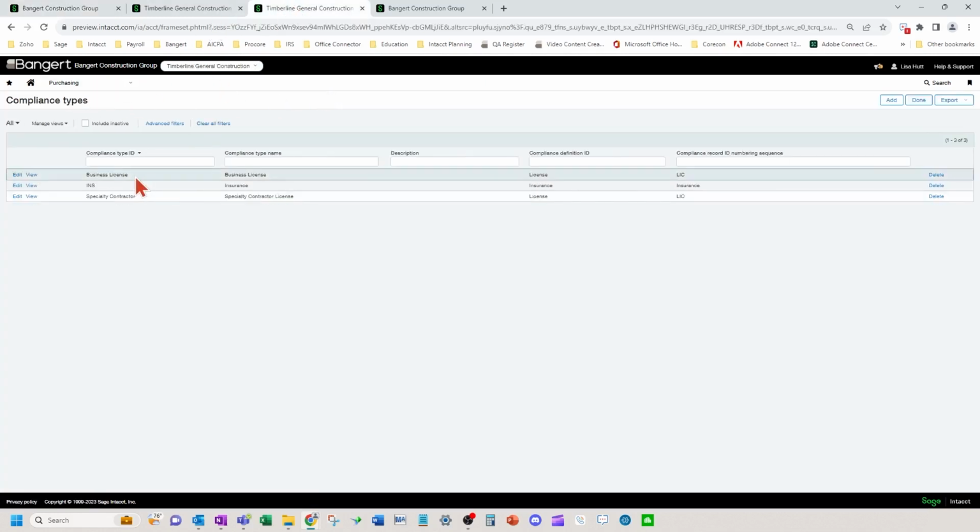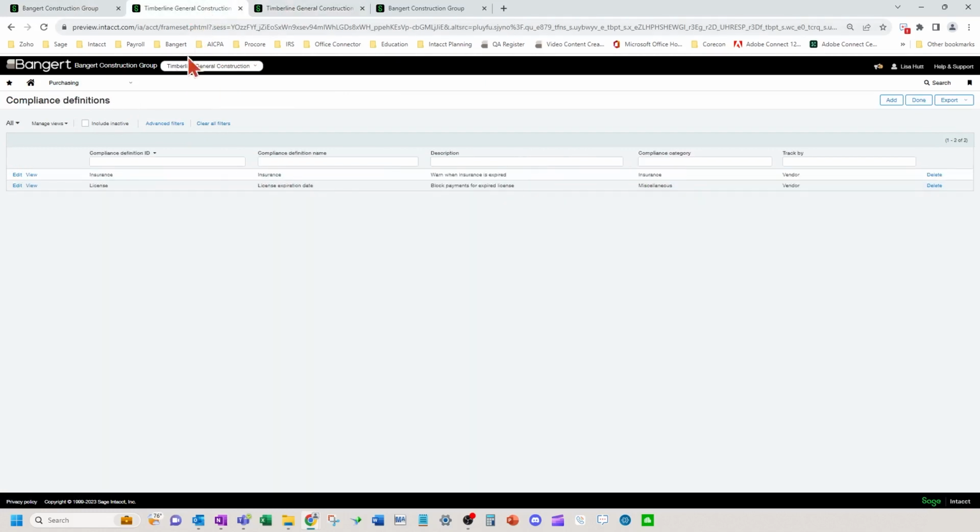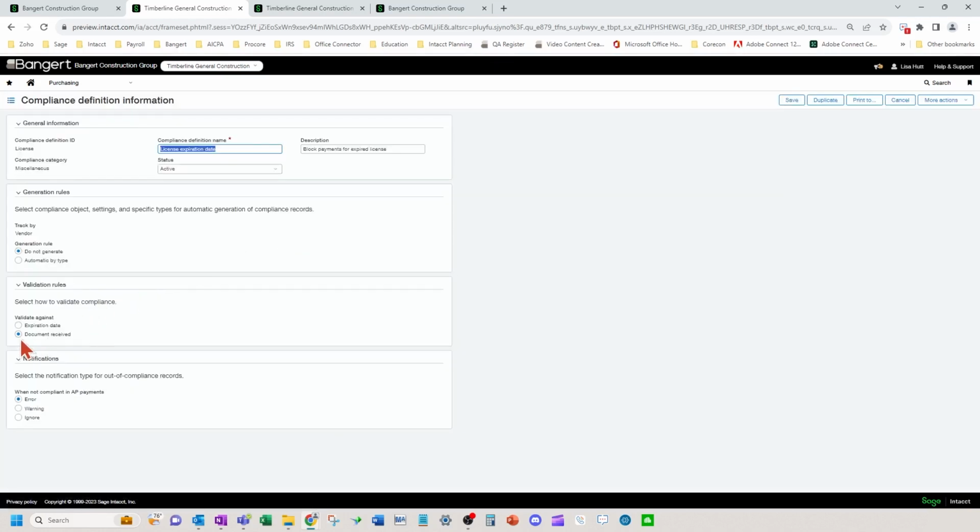So on your compliance types, you can have a couple different compliance types roll up into a compliance definition. So if I've got a business license compliance definition that blocks payments if I don't have the document received, this definition tells the system what to do.